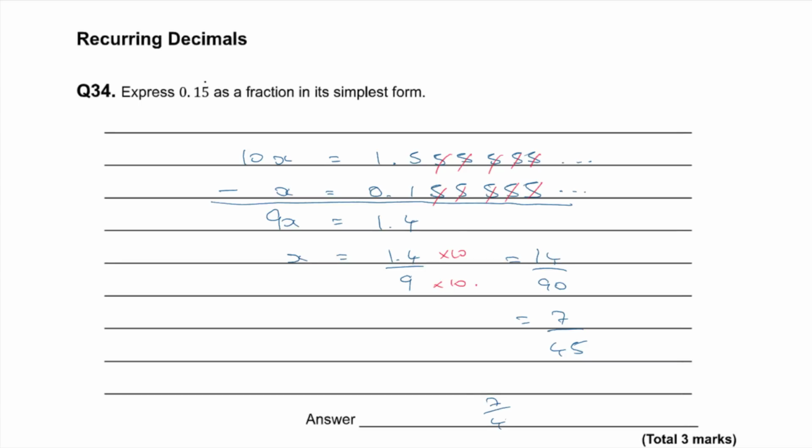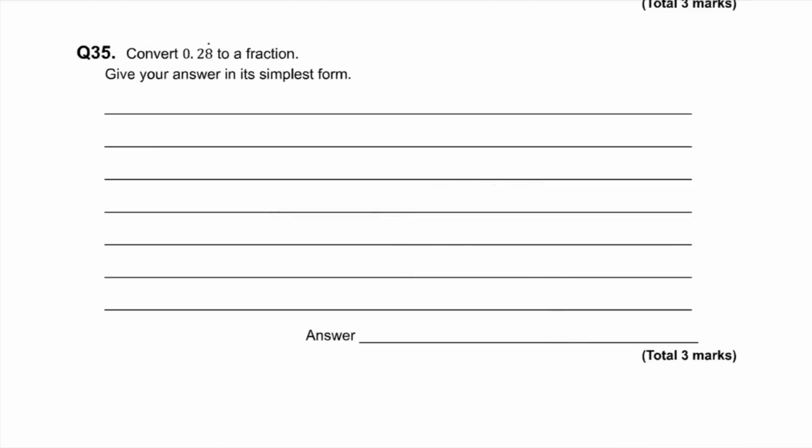7 over 45. Similar question here. Convert 0.28 reoccurring to a fraction. Give your answer in its simplest form. Again, I'm going to start off with x, and that's equal to 0.2888. I'm going to show some of the 8s and so on. And now if I multiply it through by 10, I'm going to get 10x is equal to